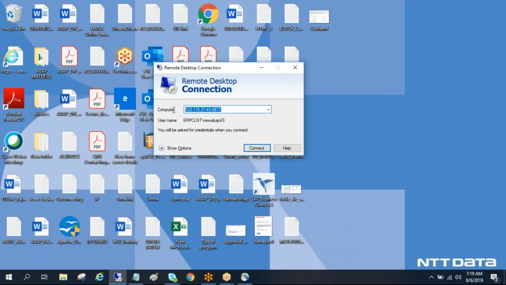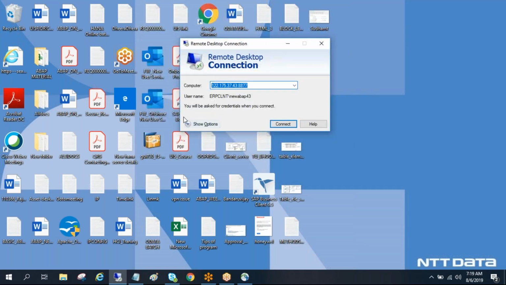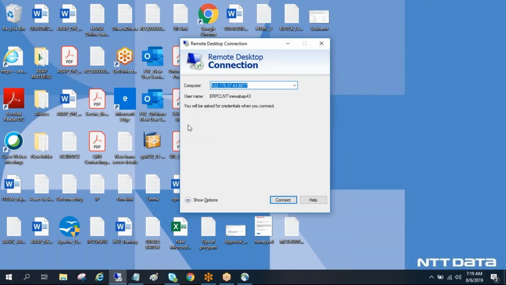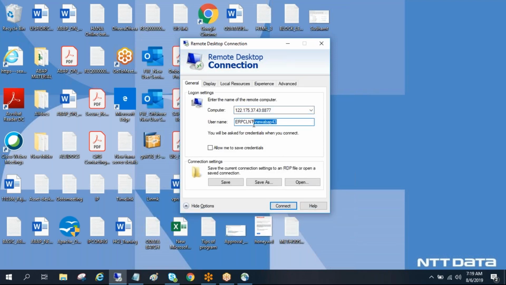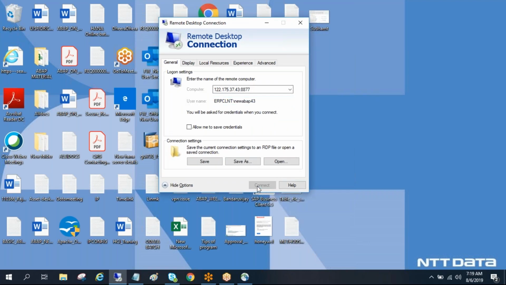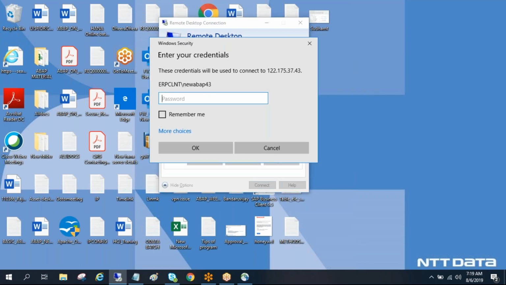So provide your IP address, and you need to select the option called show options at the bottom. Select this button, show options, and provide your username. Then select the connect button at the bottom. And you need to provide the password, guys.